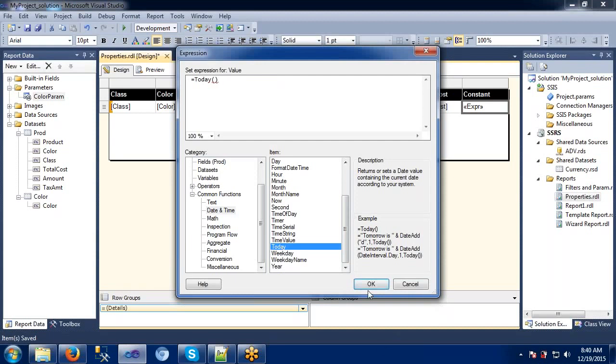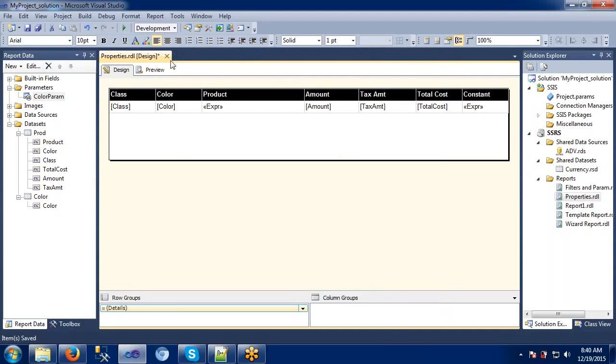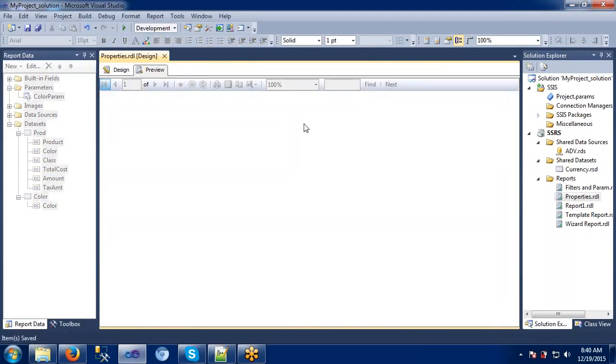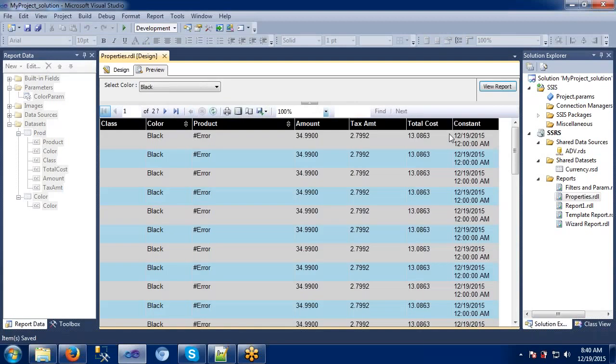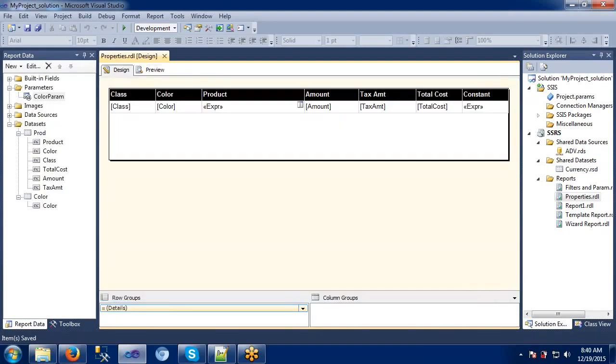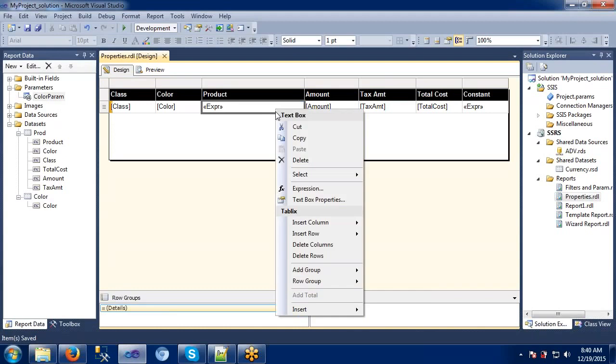It returns today's value. Let's see what's displaying here. Today means it is giving me today's time and date, right? So from this, if you want to display only the year part or date part, month, year, we can split all this out by using those expressions here. Like this we can use any of these expressions.